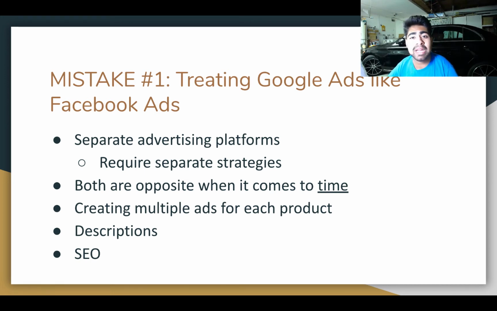On the other hand, with Facebook ads, you could just create a brand new ads manager account, the next day launch 5 to 10 ad sets with purchase conversions and be expecting some kinds of sales. But with Google Ads, you can expect to lose some money in the beginning until your ad account is properly optimized, and after that you will start to see the return. In addition to that, when it comes to Facebook ads, you can make changes on a consistent daily basis or even an hourly basis, whereas with Google Ads it is completely different. I'll go over it as to how that works with Google Ads in my next slide. But when it comes to the descriptions, the words that you use in the descriptions or for the title or the SEO keywords, it is very, very different for both.